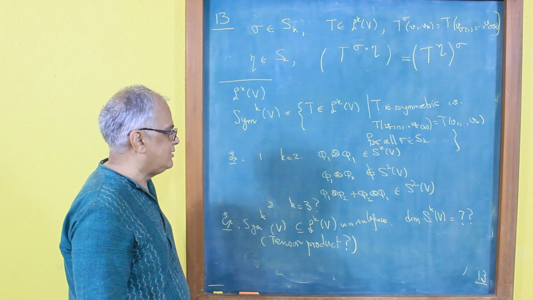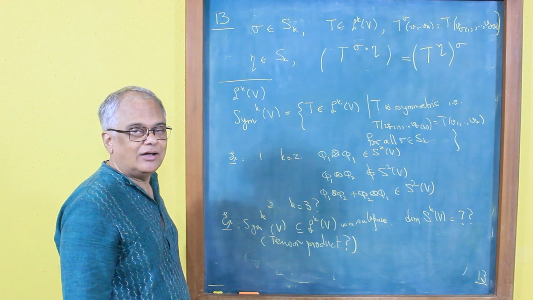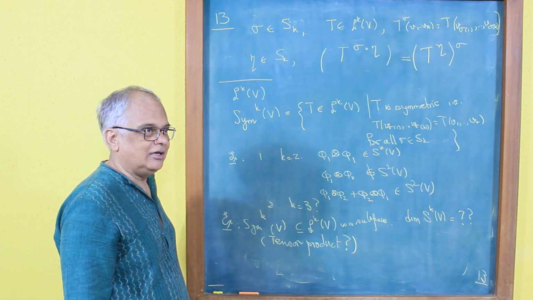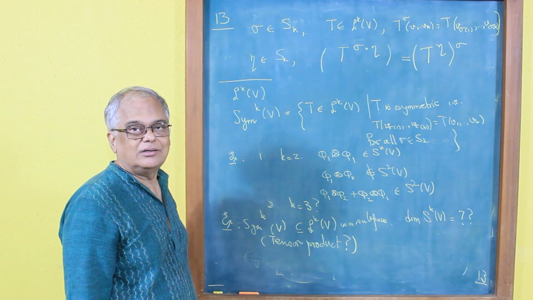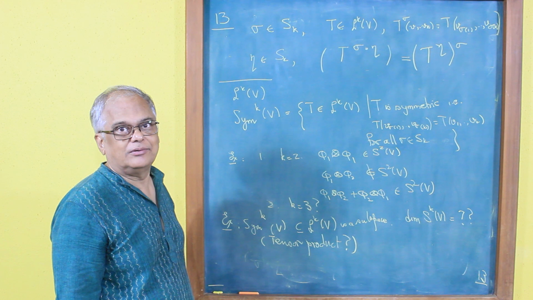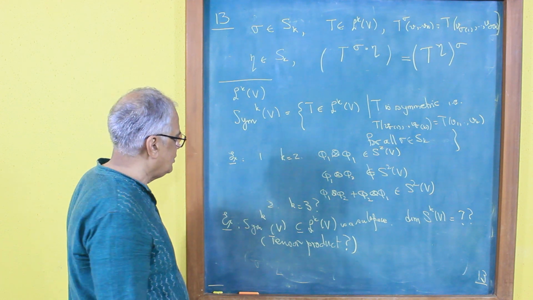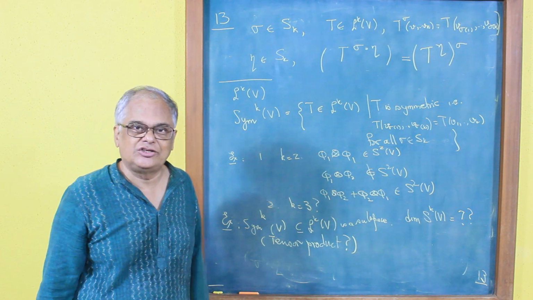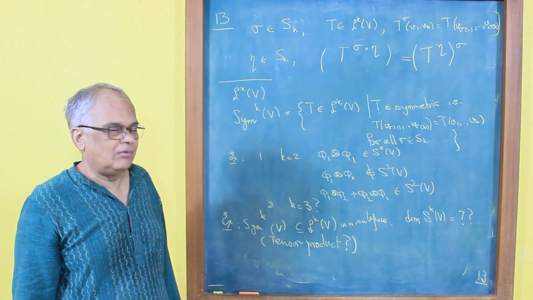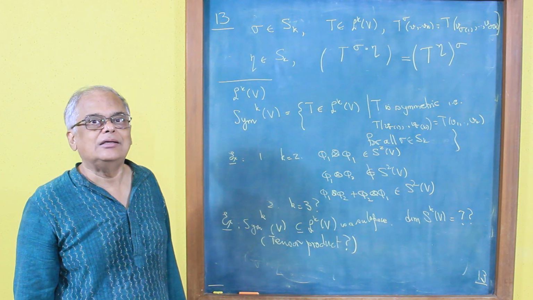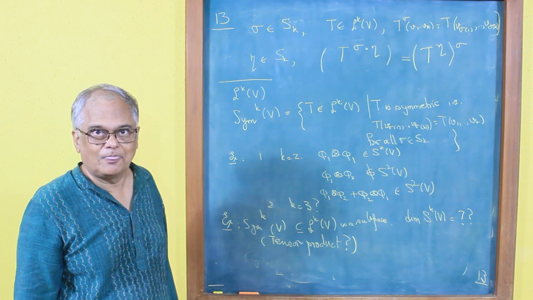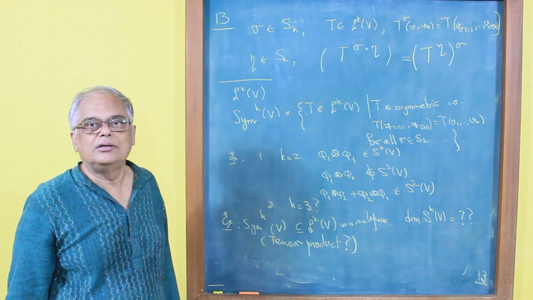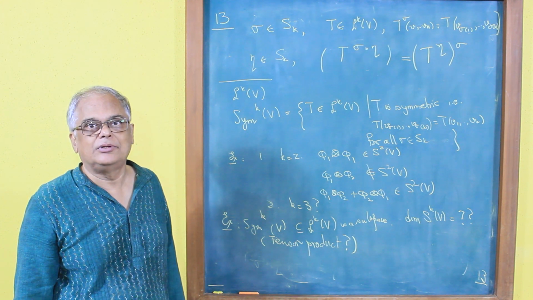So the question is, how do you actually calculate, if you're given a multilinear map, is there a natural way of associating a symmetric k-multilinear map to it? Okay? And this is again an idea that is actually very important. It's a very natural idea that comes up at this stage. What do we want, given any T in LkV? What we want to do is construct a symmetric k-linear map.